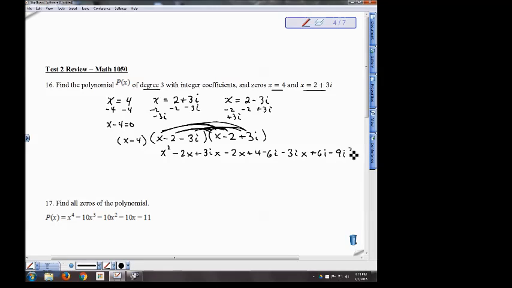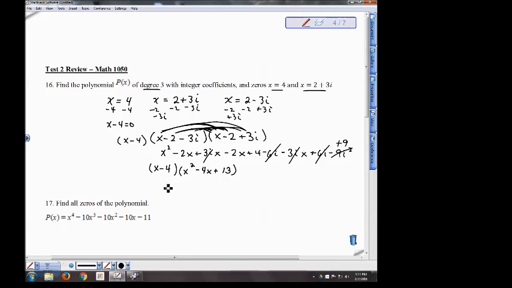minus 9i squared. If you've done your math correctly, any term that has an i should cancel out with an opposite. So the negative and positive 6i, then negative 3ix and positive 3ix. Even the 9i squared doesn't cancel, but remember i squared is really just negative 1. So if you have negative 9 multiplied by negative 1, that really changes into a positive 9. So every term that had an i canceled. If you combine your like terms, you'd have x squared minus 4x plus 13